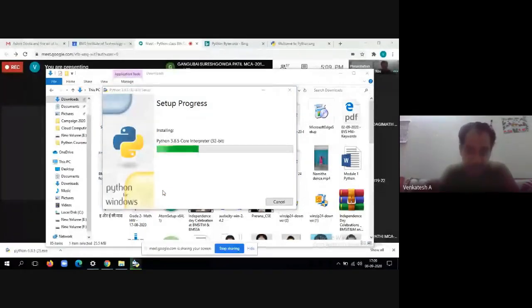So it's starting. Okay, it is installing fast. You can observe here it is showing 32-bit. Don't worry about that. It is showing that the test suite is 32-bit, but it still supports 64-bit Windows 10 as well. In case you are using Windows 7, then you have to install Service Pack 1. Otherwise, it will give you an error. So it is always better to go with Windows 10 or Windows 8. Another 1 minute and it will install.